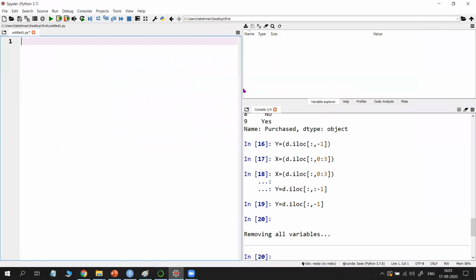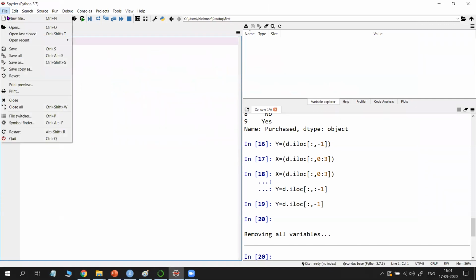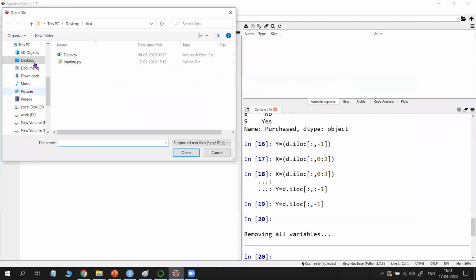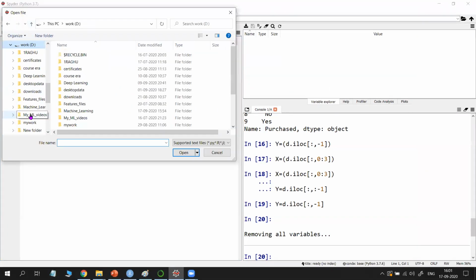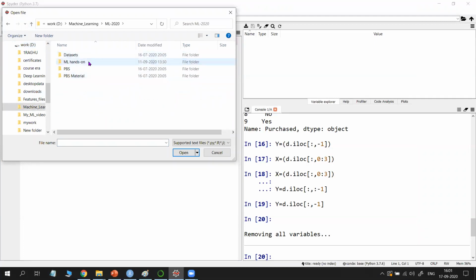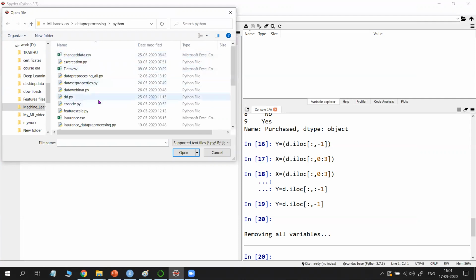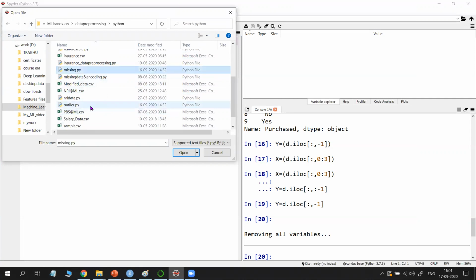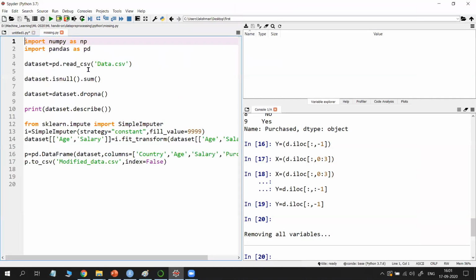So if you don't know how to install Spyder, how to use Spyder, I explained in the previous example. You just open it. So first we need to open the file. Actually, I already have the file in my folder, so I am just opening it. So in the data pre-processing, missing.py.